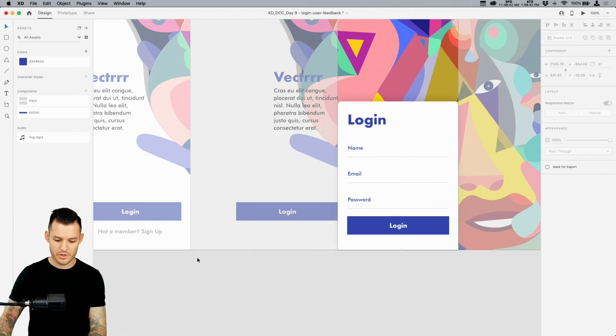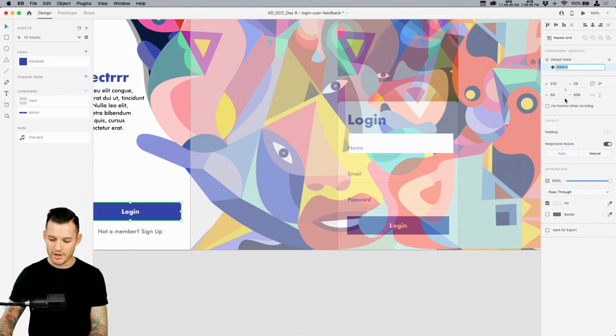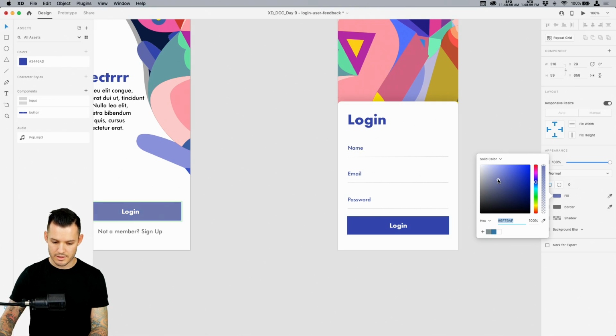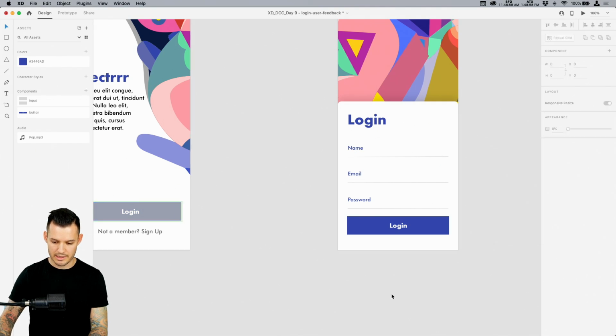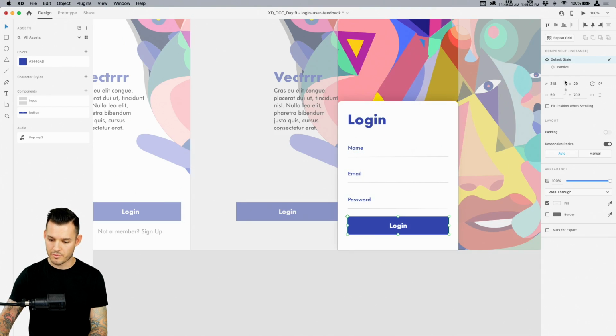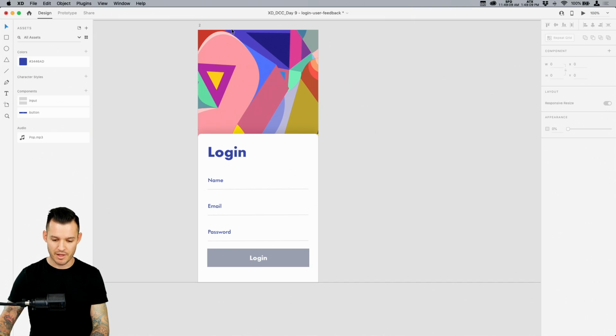Now, what we could do, if we don't want to do that, is drag out our button. But before we do that, let's go back to our master button. Let's make a new component state out of it, shall we? A new state which is inactive. So now we're not using multiple different things. We want to go to the color and just desaturate like that. So now we have a default and we have an inactive. Now I can come over here and just put it to our inactive state. The same component, folks. Look at that. I'm loving it, all right?